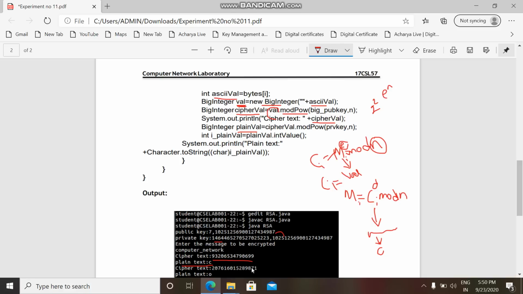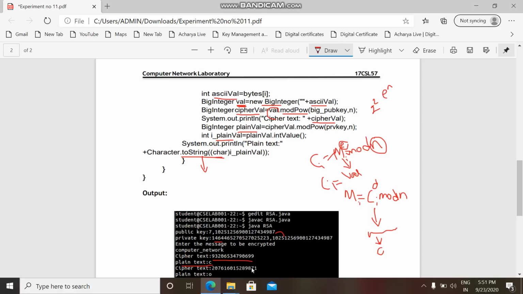First I need to convert the plain text value from big integer to integer. So intValue will convert that into a numeric value, which is stored in this variable i_plainValue. Then convert it into a string of length 1, that is, that particular specified character.